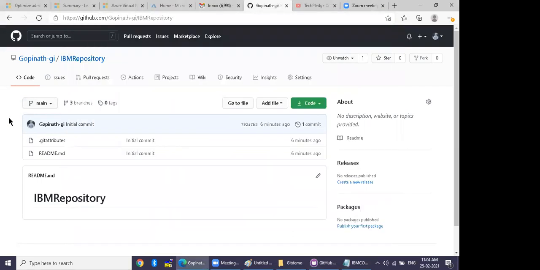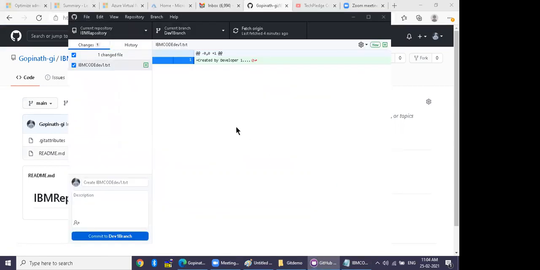Your GitHub Desktop automatically detects the change. Now what do you have to do? You have to commit the change. I have to put comments here and then click Commit. But look at where you are committing.